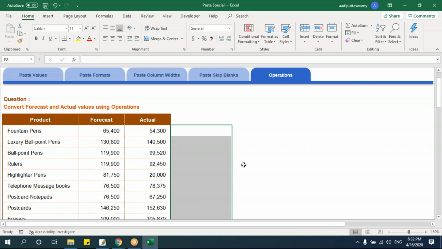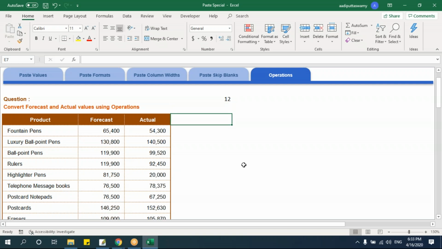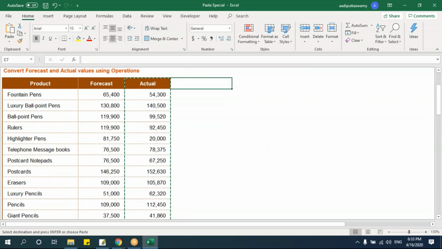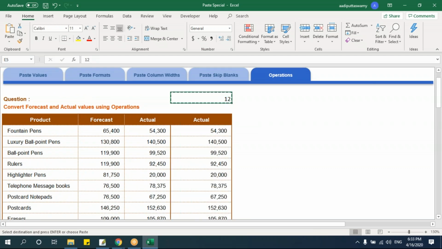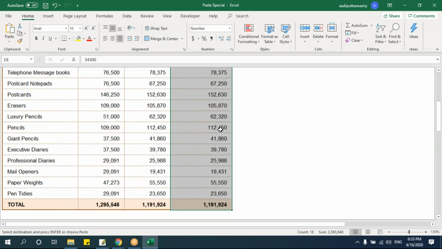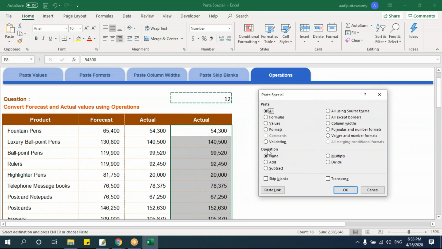So how to do this by copy and paste? What I'll do is, in any cell, just type the number you want to use for the calculation. I'll say 12. This is what my requirement was. Let me just make a backup of it and I'll paste it here. Copy this, the one which I need to do the operation. Let me select this and I'll say Alt ES. Again, paste special. Here I have options.